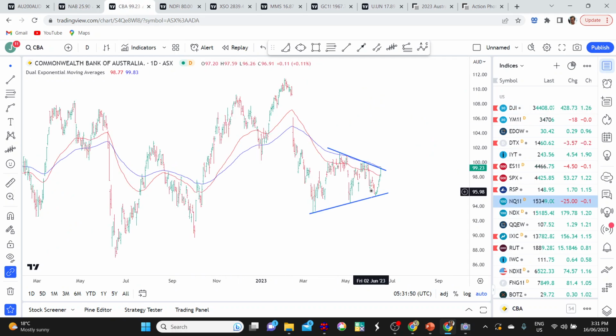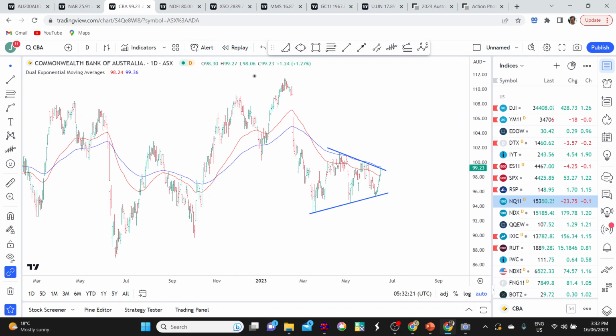CBA is interesting. We've been looking at this contracting range over the last couple of weeks, and just today we're seeing the market testing up towards the upper end of this range. Still below the moving averages, but let's see whichever way CBA breaks from this range, maybe that starts to give us some hints towards the next direction the overall market's going to take. So I think the banks are a key area to be monitoring for what the ASX is going to do next.